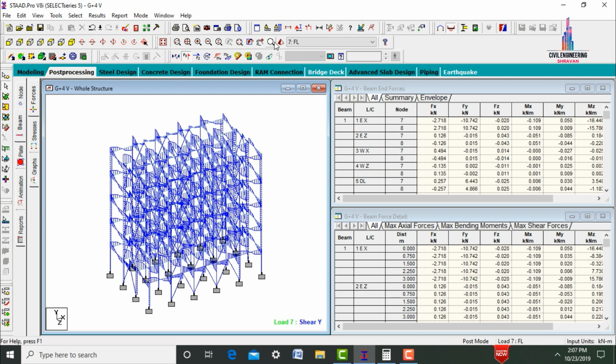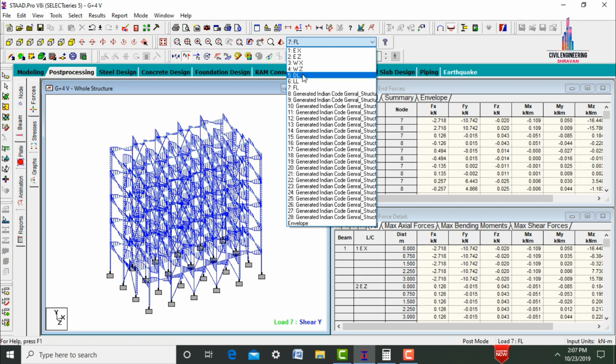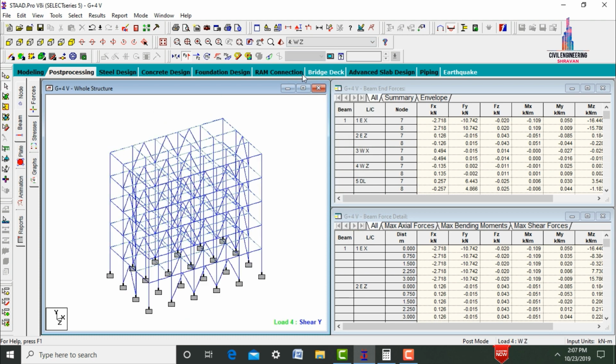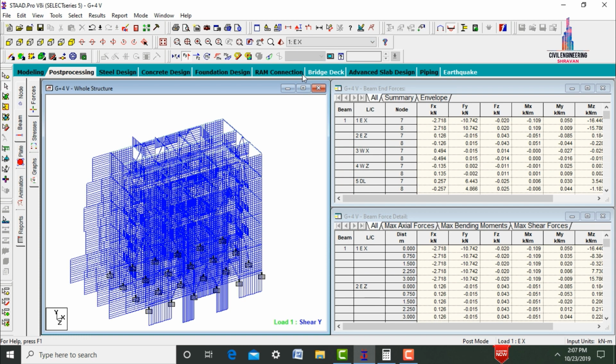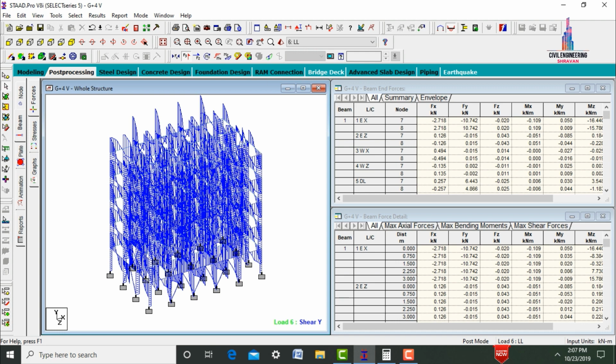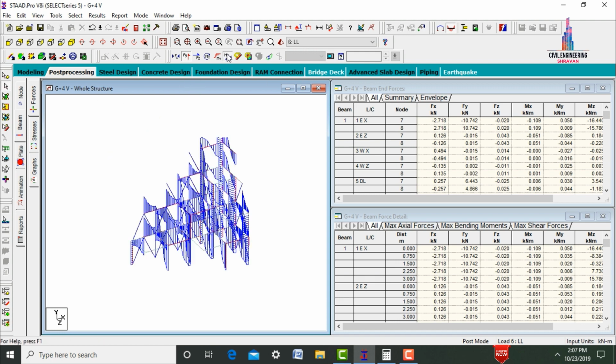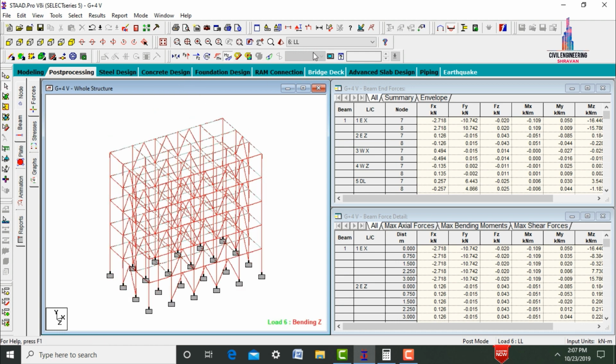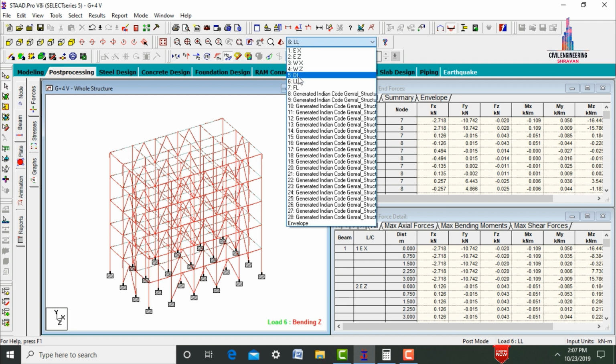So here I am selecting the dead load condition for this respected building. So this is the shear force diagram due to dead load condition. So earthquake load in X direction, earthquake load in Z direction, shear force diagram, wind load in X direction, wind load in Z direction, shear force diagram. So after that go to select MZ value, deselect FY value, select the load cases as dead load condition.